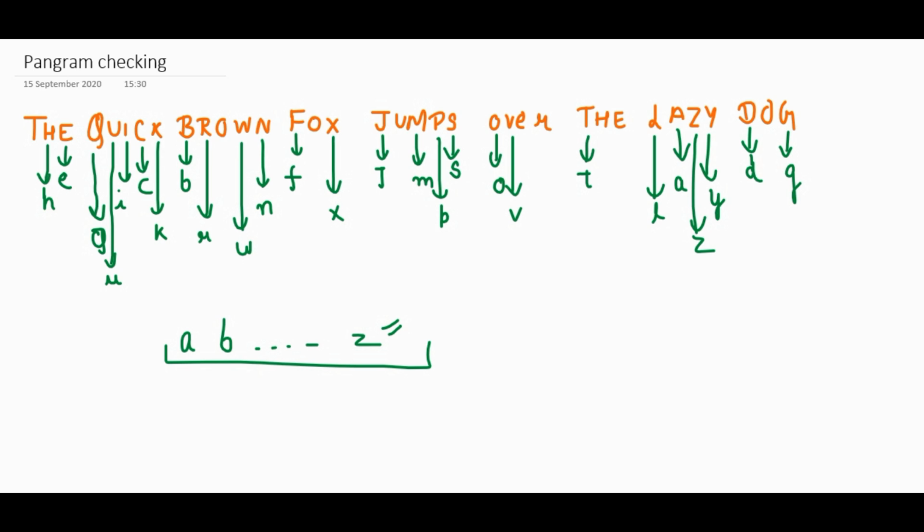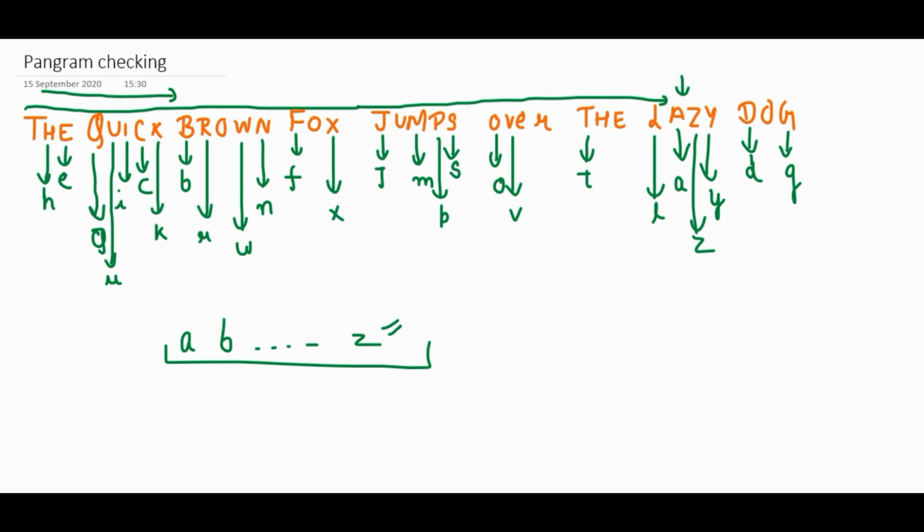Okay. So what we have to do, we will start from the first character. We will go till we find A. So where is A here? We will keep going until we find A. Here it is. Okay. Same way I will find B. As you can see, B is here. And same way I will keep iterating until I find all the characters. If one of the characters is missing in between, we will stop there and return false because it will not be a pangram then. Right?